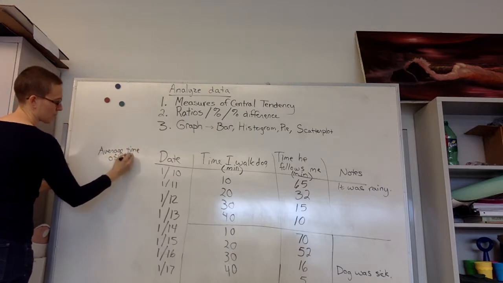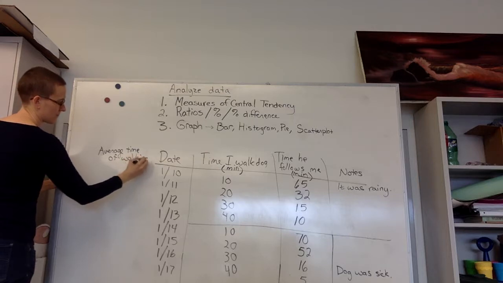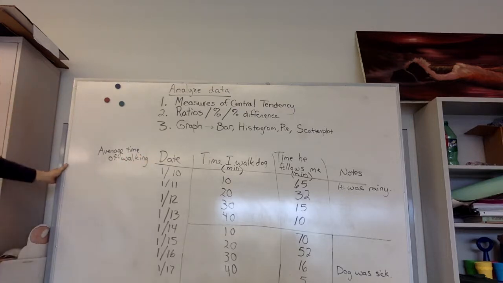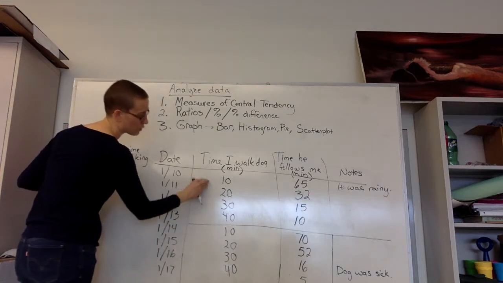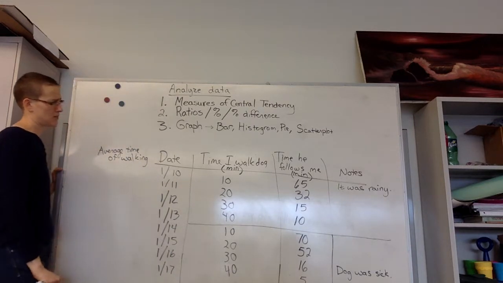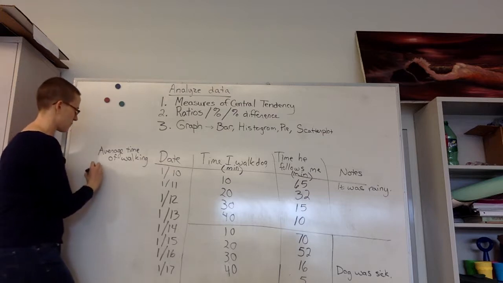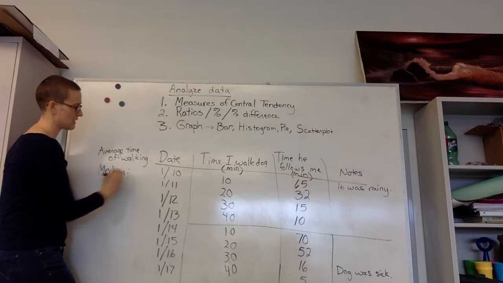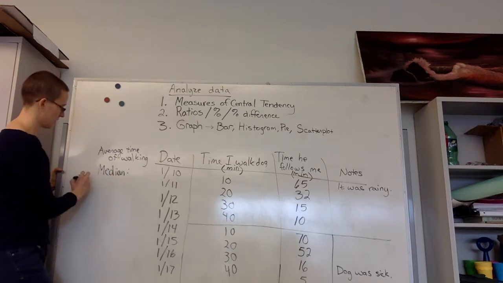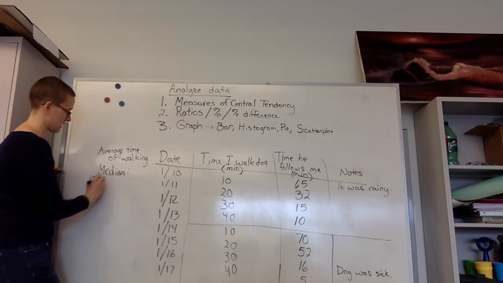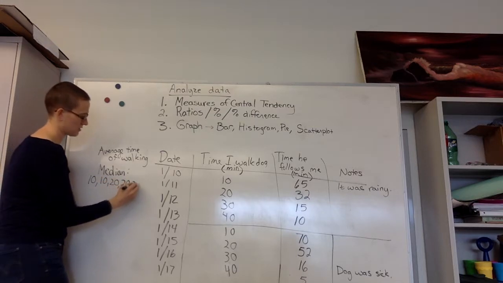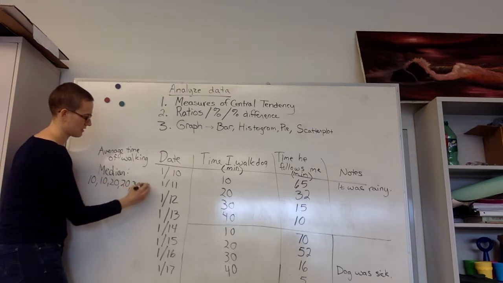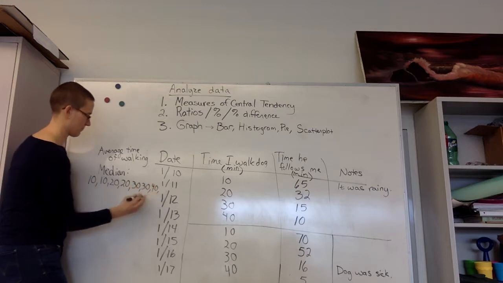if I look at that with my measures of central tendency, well, I don't have a mode. My mode is each number, so that's not going to be very helpful. I could look at my median number, what number is in the middle. So my median time I walked my dog, if I line all my numbers up: 10, 10, 20, 20, 30, 30, 40, 40,